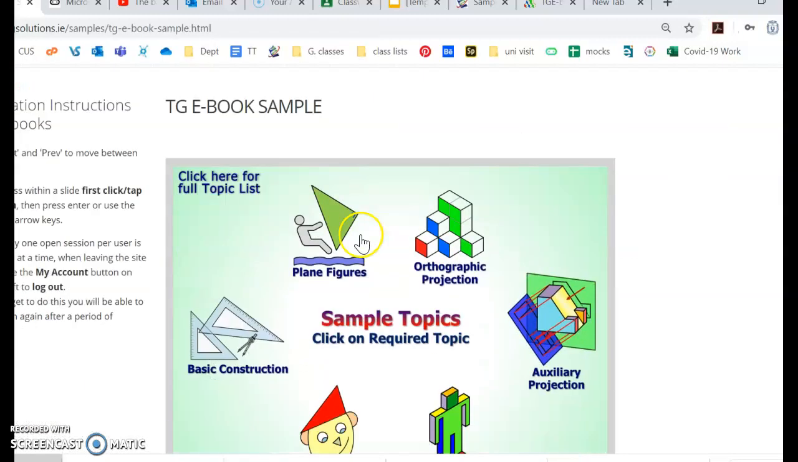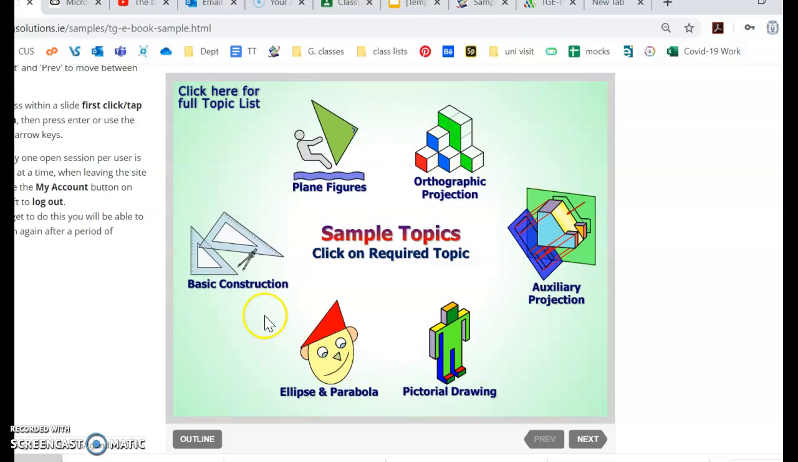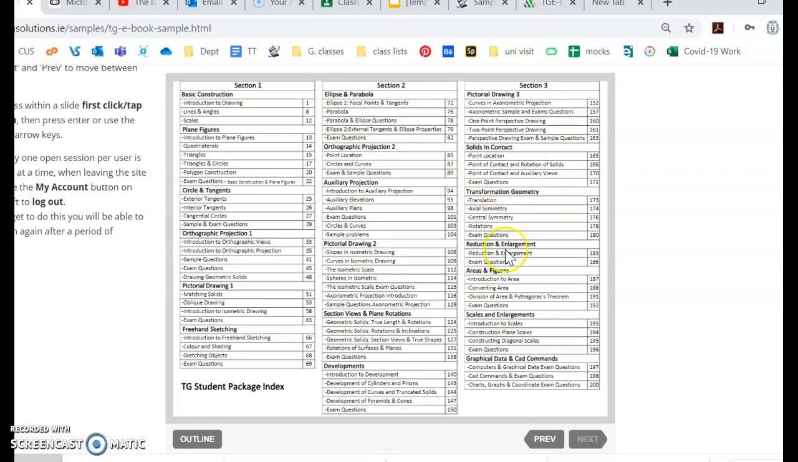I have the sample because I still haven't fully registered. So what you have is all of these solutions here. You can click here for the full list of the topics, and you're going into transformation geometry. So what I want you to do is flick into transformation geometry, and we're going to start doing some of the exam questions there. Okay,